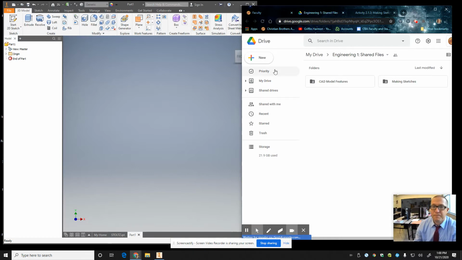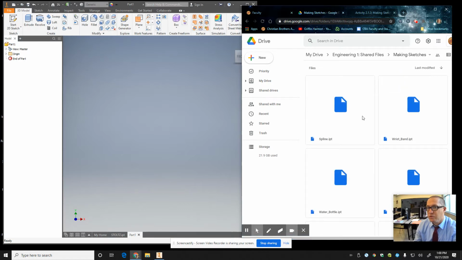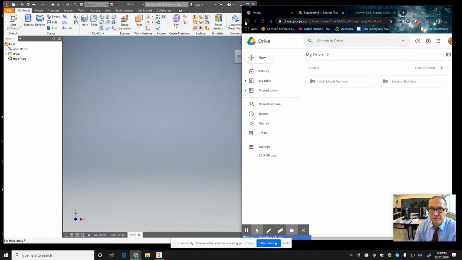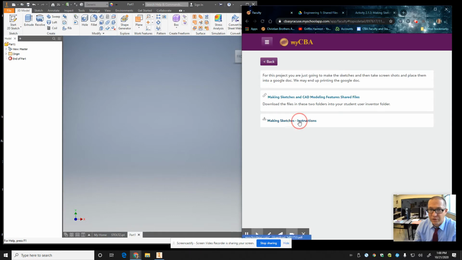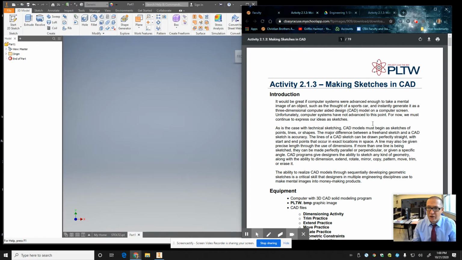It's got some files that you're going to use. Once we get to those, I'll remind you how to get to these. It'll probably be another week before you guys get to start using those. What we're going to do is we're going to go to this one, the instructions. All right, it's an old Project Lead The Way